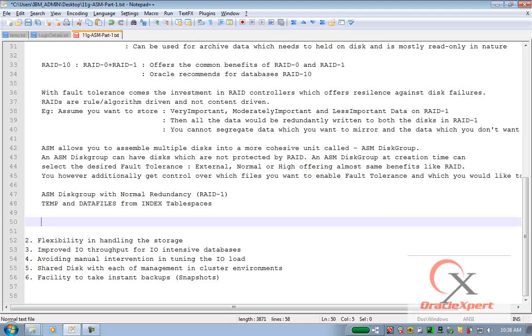However, this is not the case with an ASM disk group with normal redundancy. You don't get to see this. You can club disks of varying sizes, put them in an ASM disk group, select the redundancy as normal, and ASM would still not complain about the varying size disks, although this is not recommended. But I am talking about at least the feasibility of doing this under strict cost constraints. This is at least doable in ASM, which is absolutely not possible in case of RAID,